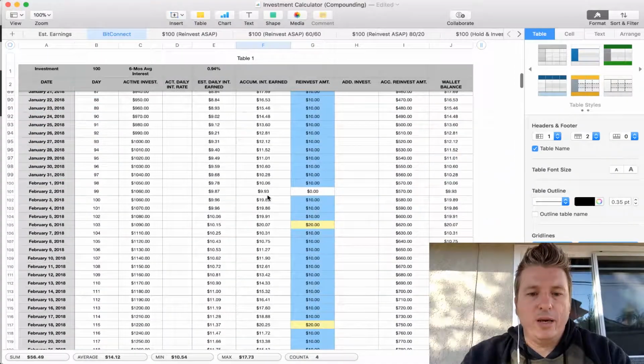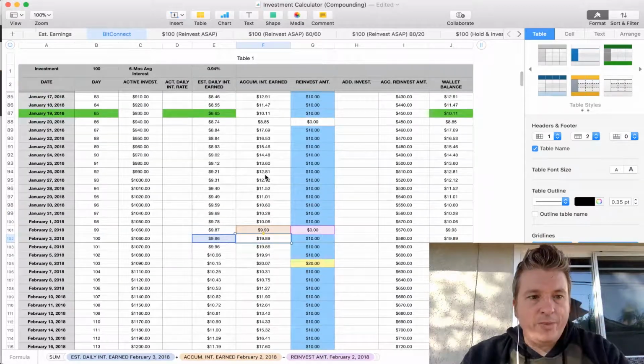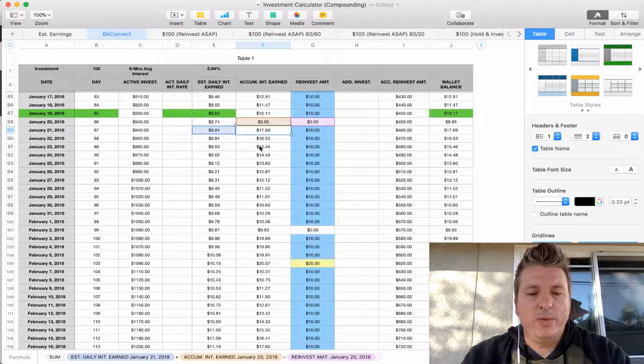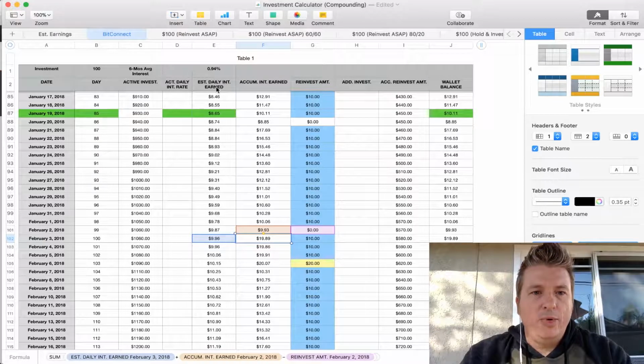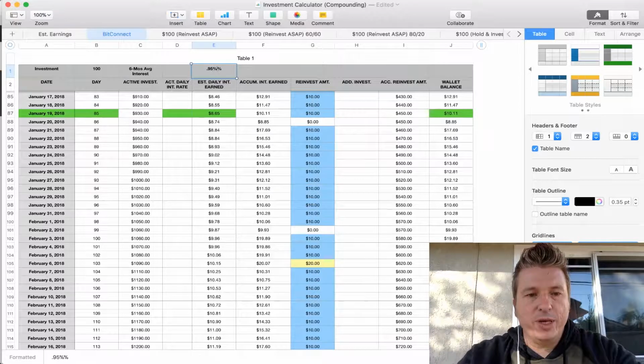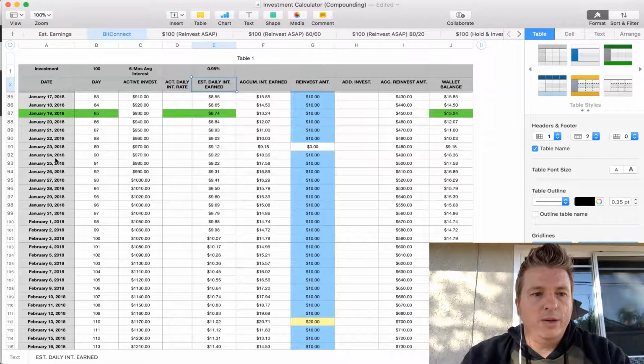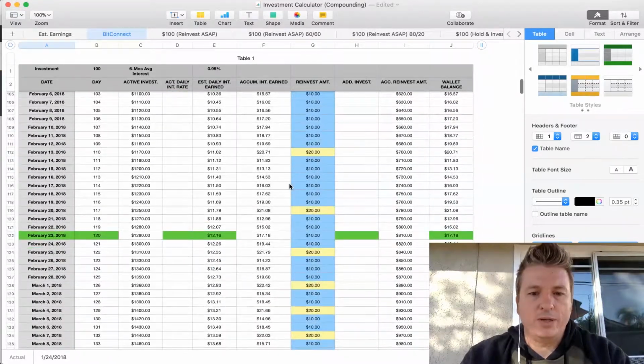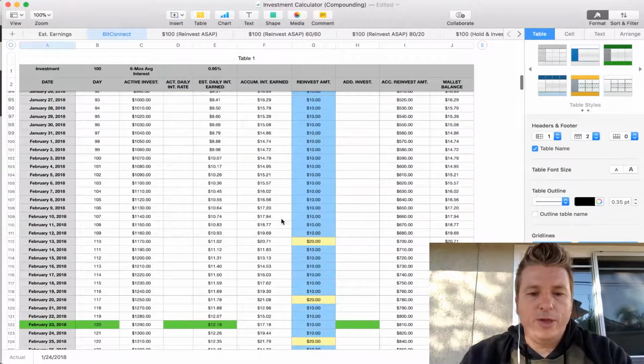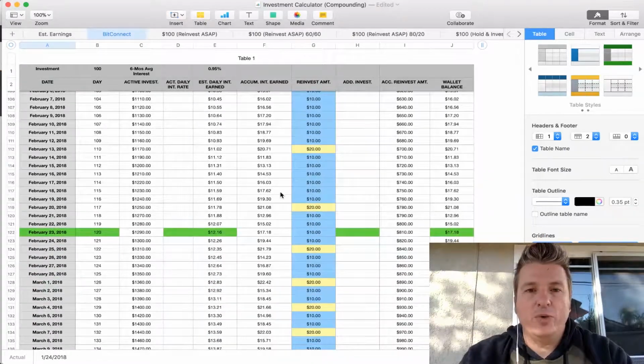But it looks like I'm still going to be interesting. I think January 24th was my original date that I was going to be able to put in $10 every day. It looked like that was going to be February 3rd now, but based on the interest rate, 0.94, I need to change it to 0.95%. Oh, come on now. Oh, it looks like it's still January 24th. Okay, that works. That's great. And then it looks like February 13th will be my very first $20 reinvestment.